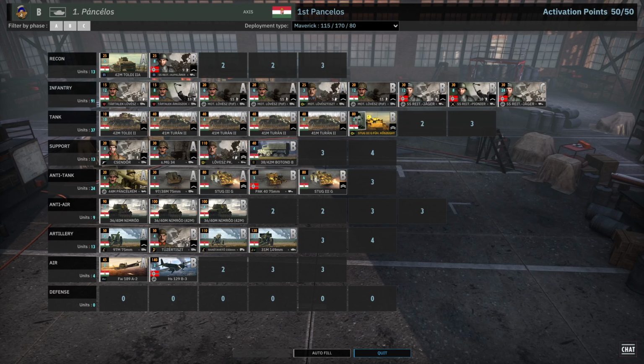Hello everybody, this is Fun Police, and today I'm bringing you another Steel Division 2 deck guide, this time on the first Pancelos, a Hungarian armored division from Men of Steel. An interesting division. This is sitting somewhere in between some of the other Hungarian divisions. I would say it draws a lot of comparisons to first Lovas and second Pancelos that are already currently in